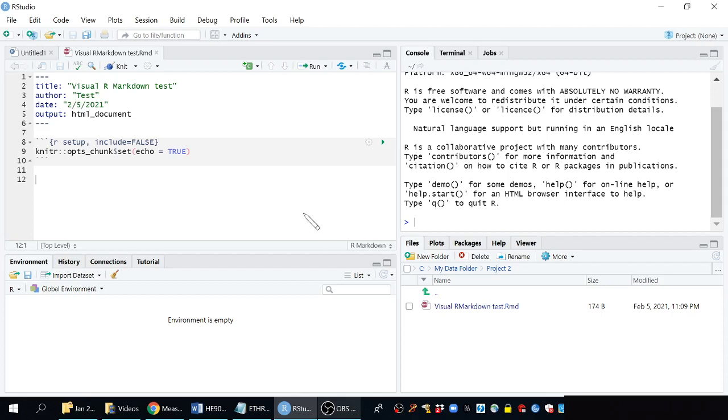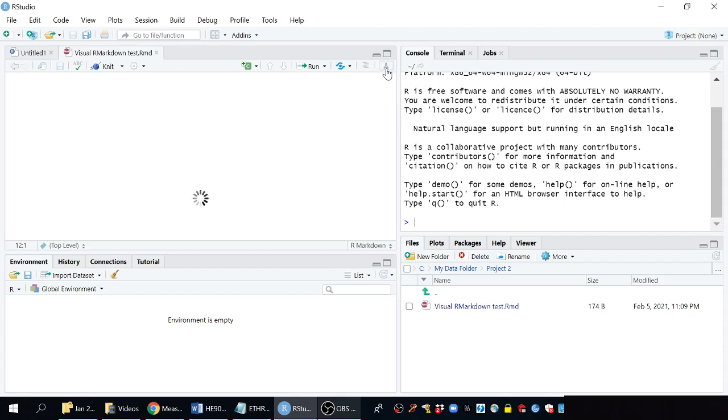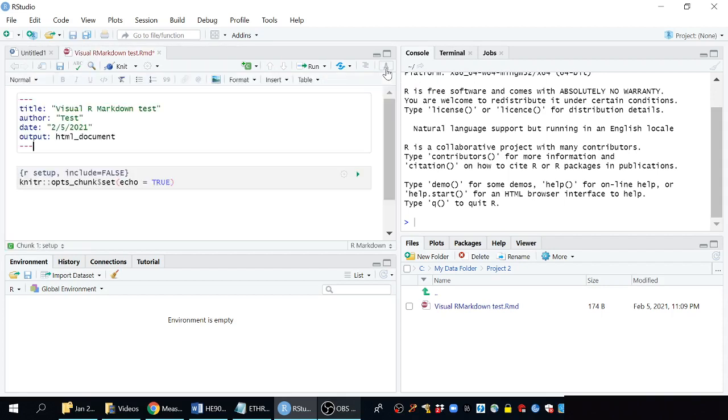So now I've saved my file, and what I'll do is switch over to Visual R Markdown mode by clicking here on this icon in the top right corner of the file viewer. So I'll click right there. Now, if it's your first time doing this, you might get some kind of pop-up window warning you that you're about to switch modes. And so you can go ahead and click that, that's fine,